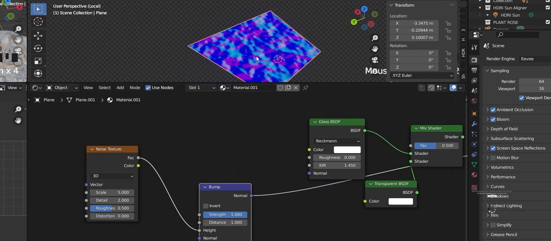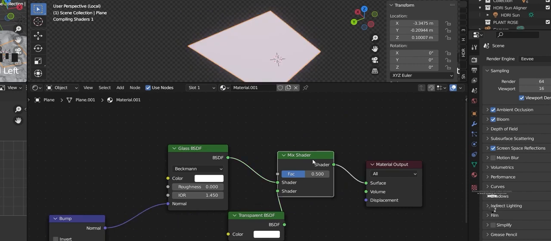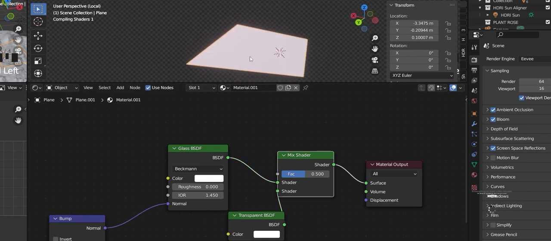The normal is defined by these colors, and if we separate them, we get the axis colors of the normal. So it is the combined result and we need this, and we will plug the normal into the normal input to tell the glass shader that the glass normal should be this. So now if we Control Shift left click,